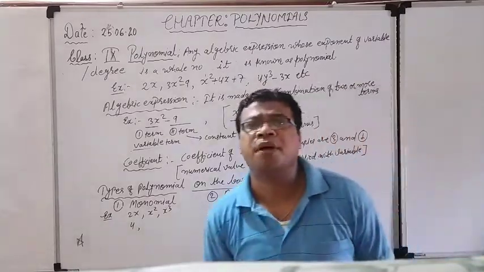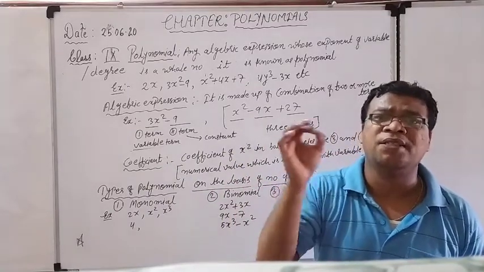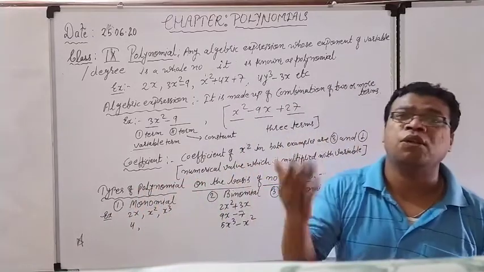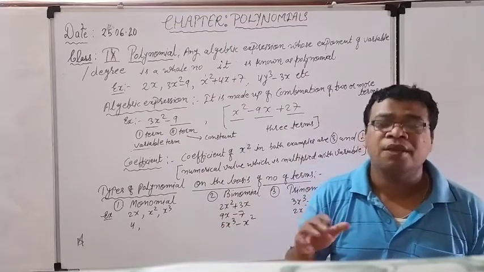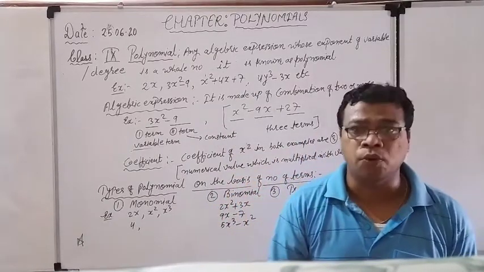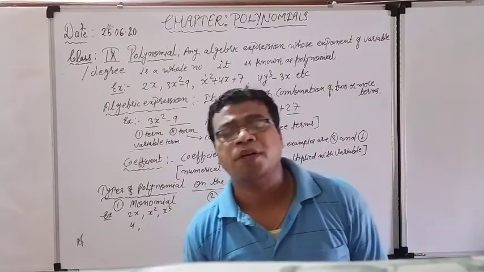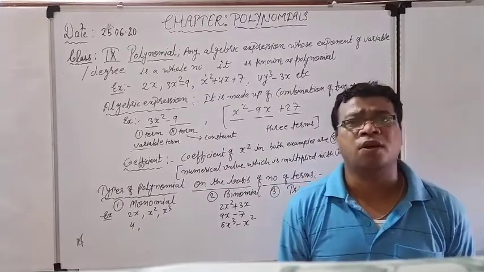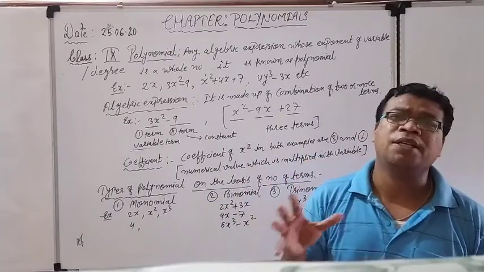So in any of the examples, if you see that the power of the variable is a whole number, you can consider it a polynomial. And which is not a polynomial? If the power of the variable is coming in fractional form, or if it is negative, then it is considered not a polynomial. So in which particular condition will it not be considered a polynomial? If the power of the variable is not a whole number, either a fractional value or a negative value, in that condition it is not a polynomial.